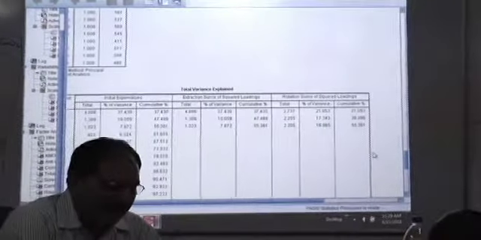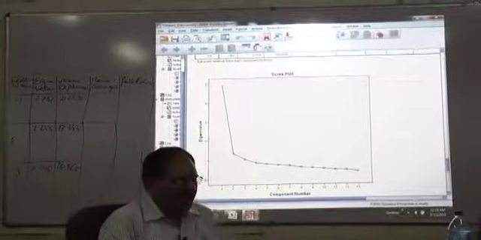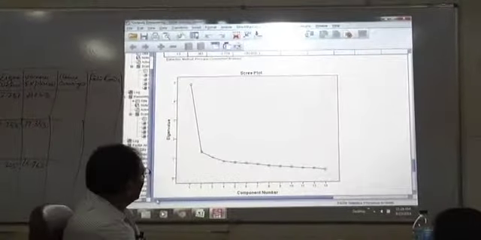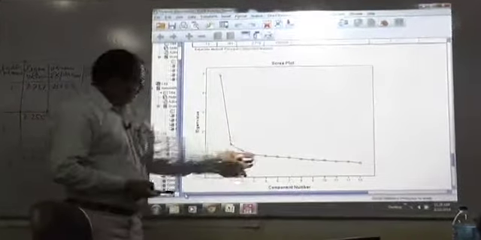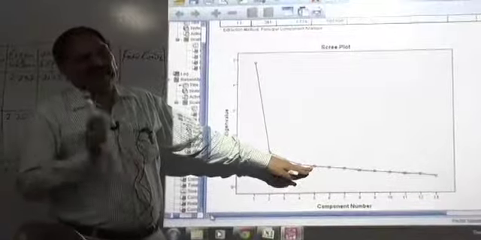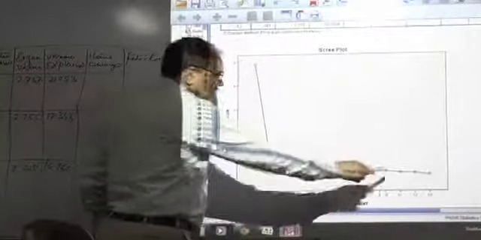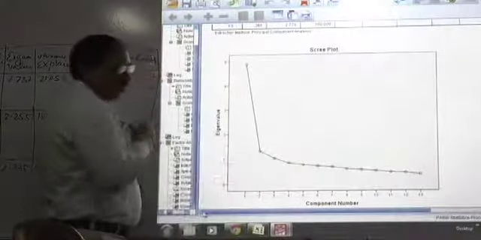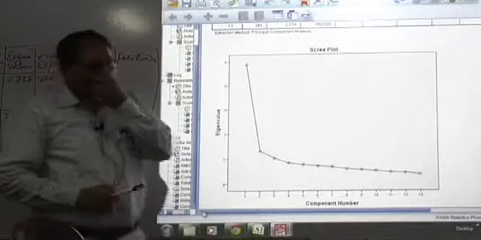So, we have identified three factors. Now, we will see this scree plot. This is the scree plot that also is used for identifying the number of factors. What you basically do is draw a straight line from the right side. Whichever dots do not come on the straight line, count them. That is the number of factors. So if you draw a straight line and it goes through all these dots, the number of dots left will be 1, 2 and 3. So the number of factors would be 3.